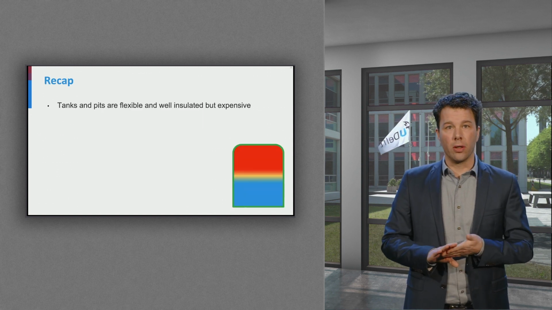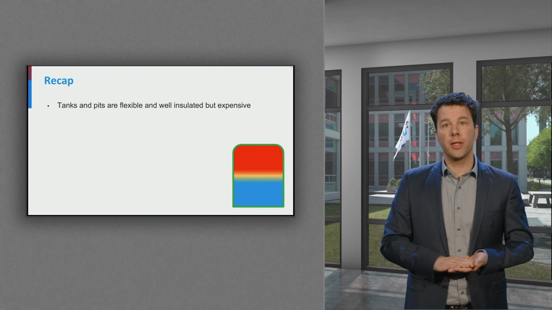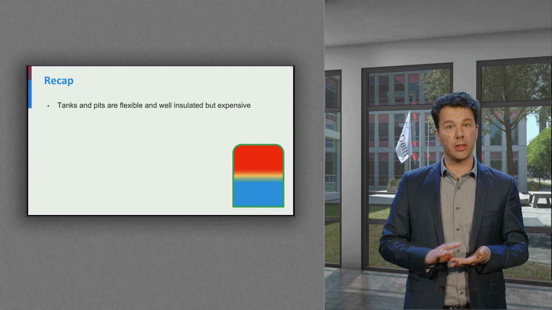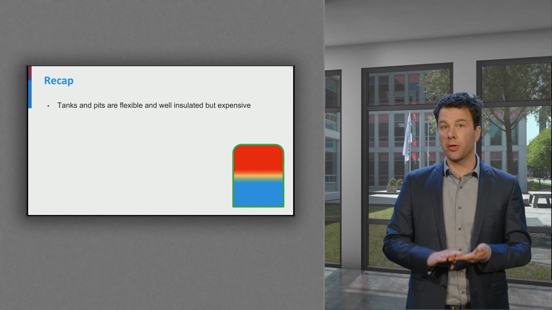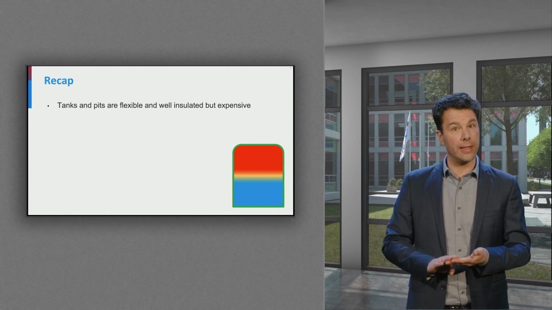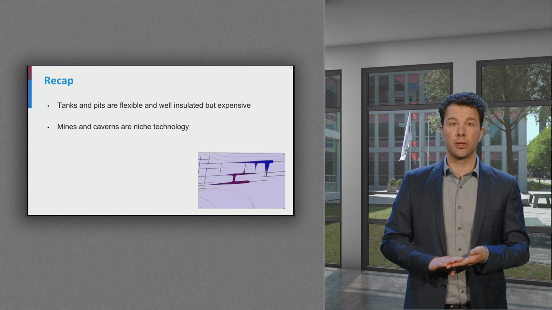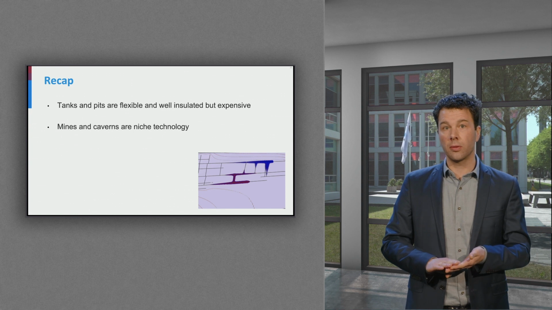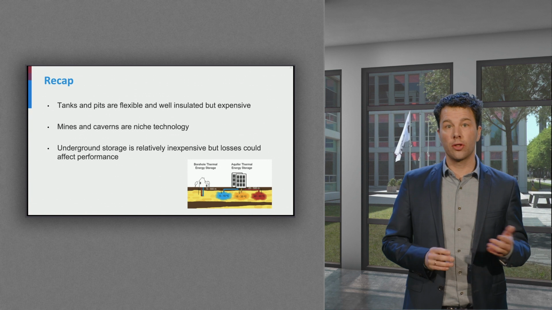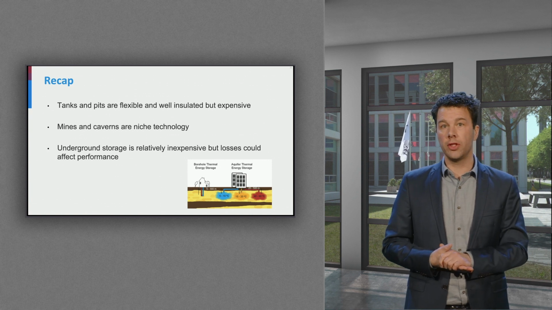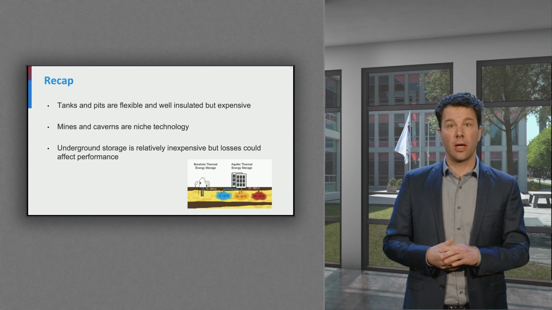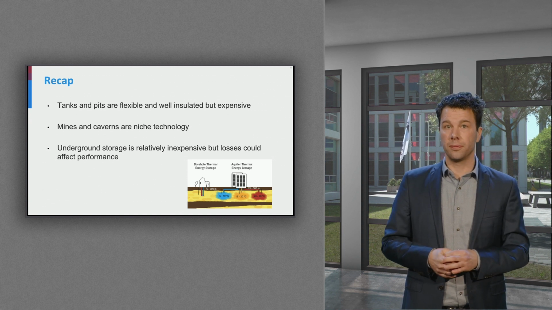To summarize our learnings, we learned that various sensible heat storage systems exist, where tanks and pits can be customized to the required storage condition, but are relatively expensive to build and take up space. Mines and caverns potentially save a significant investment for heat storage, but they are not present in many cities and have some practical challenges. And lastly, the subsurface can be used. Relatively cheap to install and limited space use at the surface, but heat losses are less easily controlled.